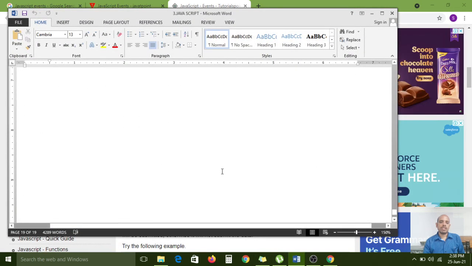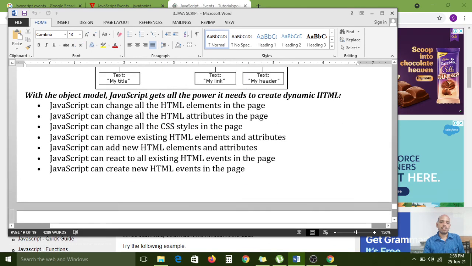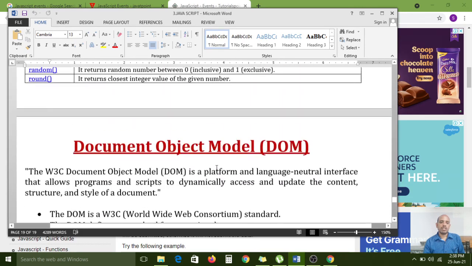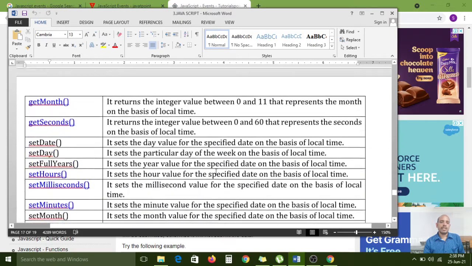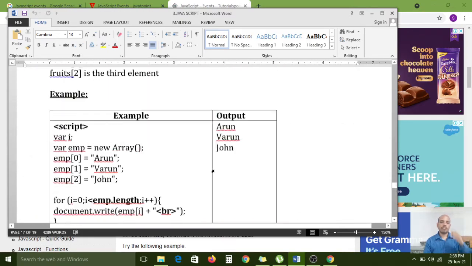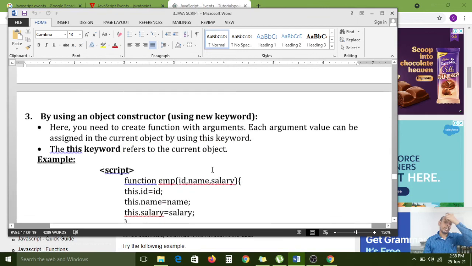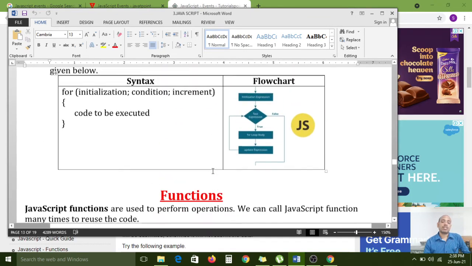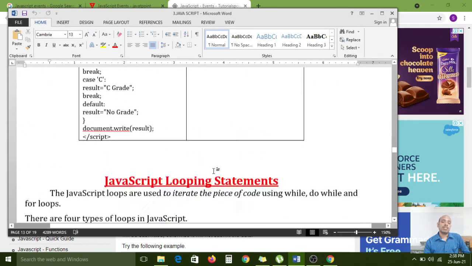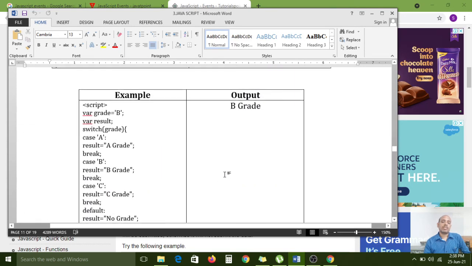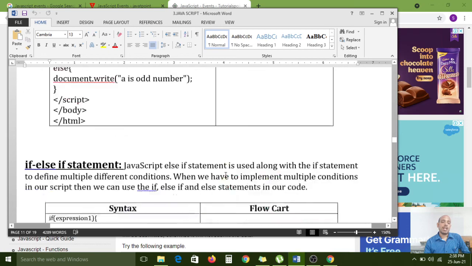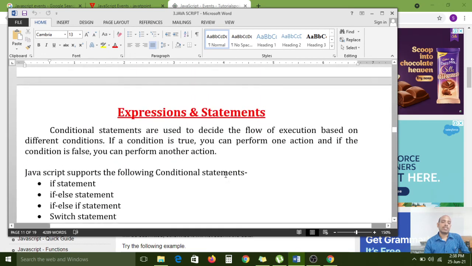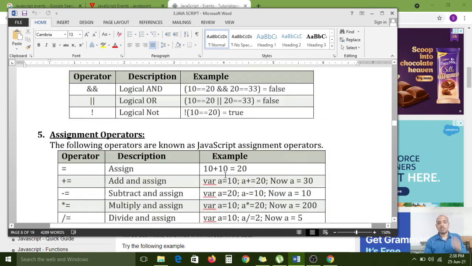The third unit is completed. Event handling is over. Document Object Model is over. Date and Math objects are over. Array object is over. The object portion is over. Functions are over. JavaScript looping statements are over. Expressions and statements are over.